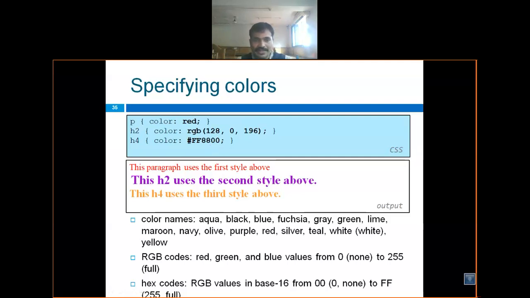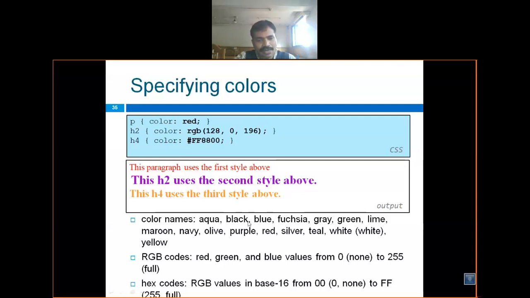The red color is there for the p, so just a common way is to write the color name. Then you can use the RGB; you need good knowledge of RGB. Another way is to know the exact color number and specify it. But the good practice that most people follow is to write in English: red, green, blue. If you know the code, you can write a hash and then specify that number.